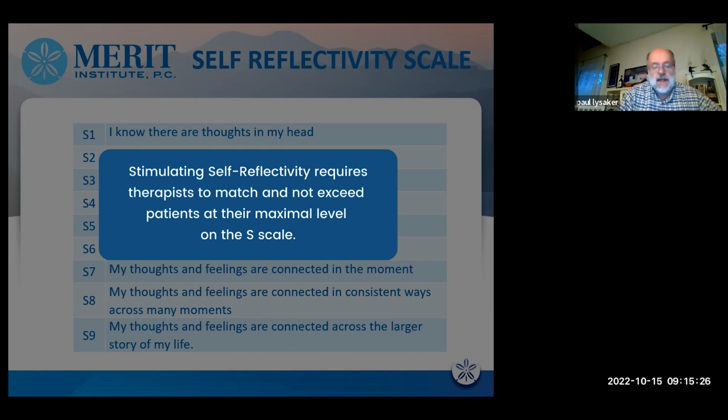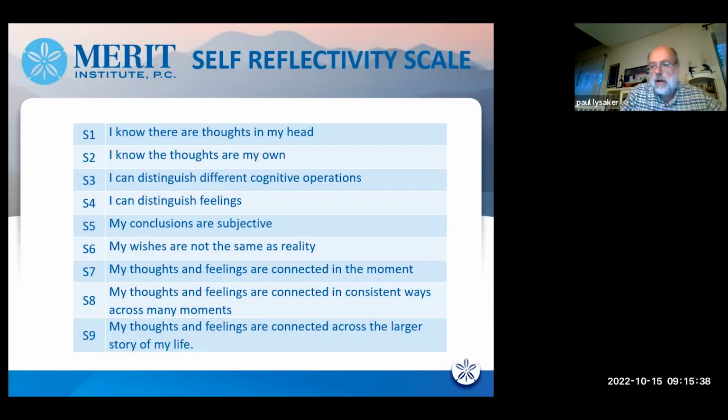That's going to require Courtney to find a way to talk to him and reflect on him at a level that he can join and be a part of. Same thing also for Kane's guy, as he struggles to talk about himself at all. It's going to be beholden on Kane to scaffold that at a level that matches what the patient can do.